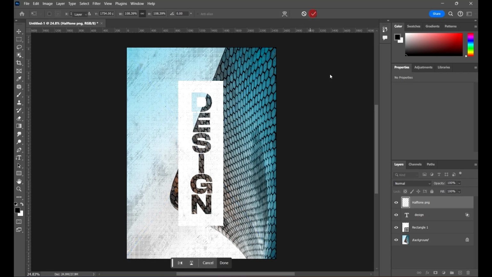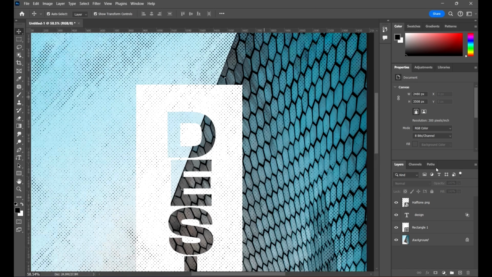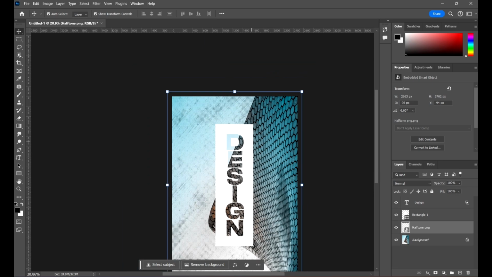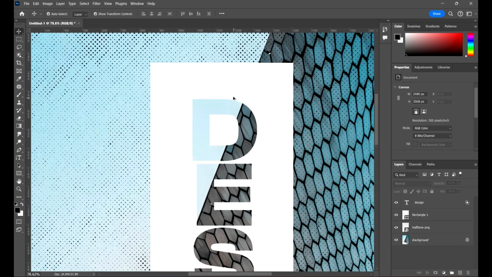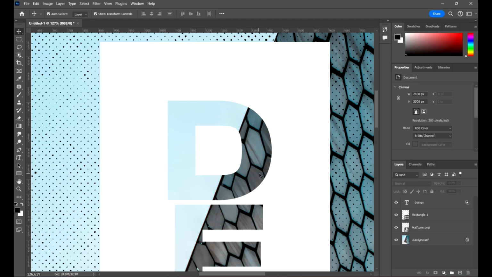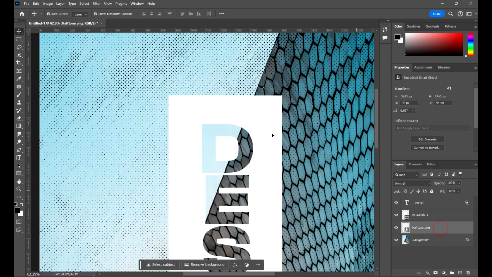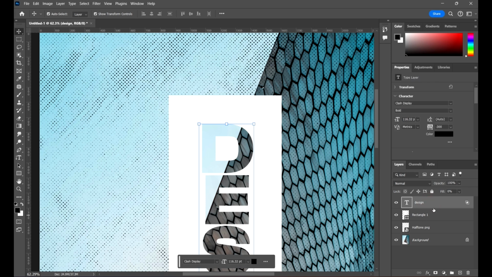Okay, perfect. Now take your guy here and take him below your rectangle. Now if I take this below my rectangle, we can see that we are not even seeing our halftone pattern inside our shape, right? We're not seeing it inside our text, even as it is below our rectangle. And why is it? Because this design is puncturing a hole through all of our layers down to our background